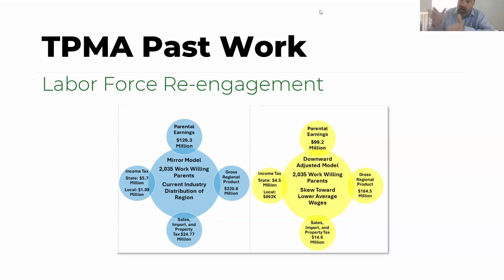On the flip side, on the yellow side of it, we had a really, really great partner, and this is something else I love about TPMA, we pride ourselves on working collaboratively with funders and with people that are really vested in it. We had some great suggestions that came out of this group. They said, well, that mirror model is good. It makes sense. However, could you consider the possibility that if these folks could mirror the employment opportunities that are here already, the median income was 60 grand or something like that, like if they could get $60,000 jobs, paying for childcare probably wouldn't be as important.